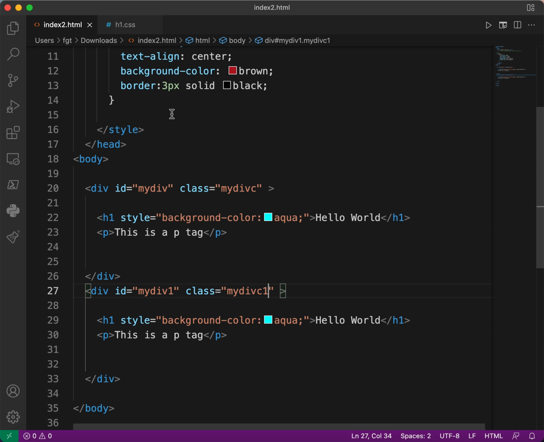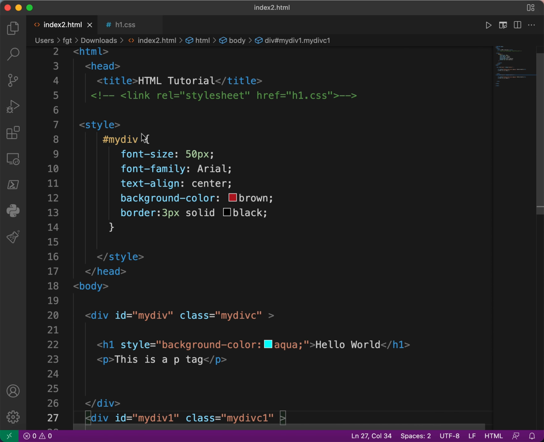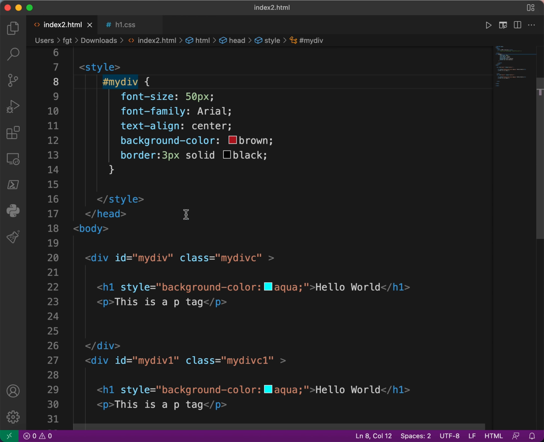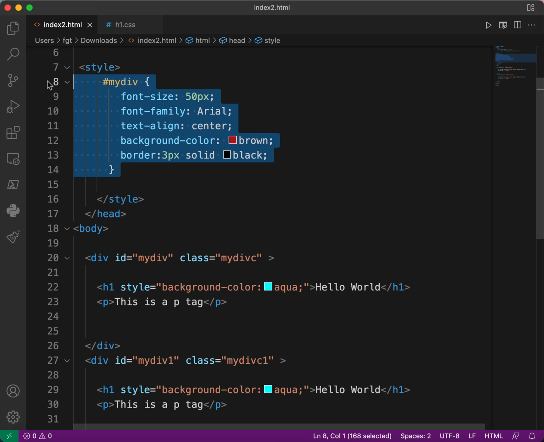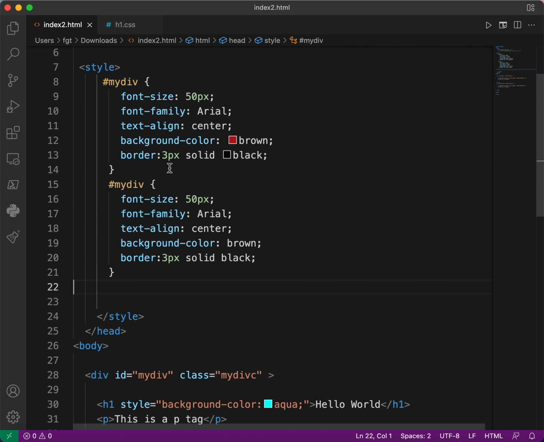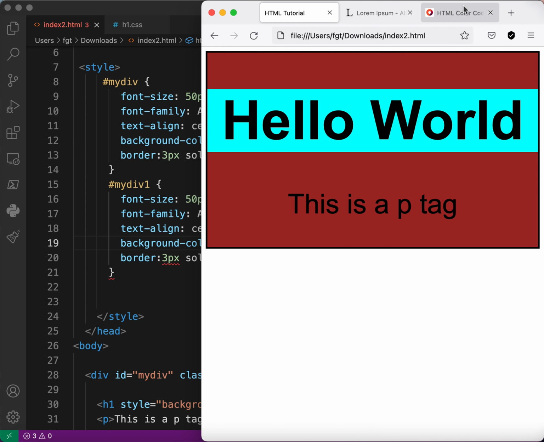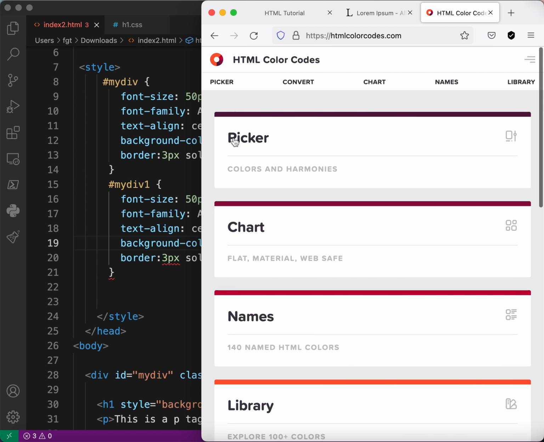Here we're gonna say 1 like this. Okay, let's get to that later. Right now, for example, let's copy this one right here, put it again, and then we're gonna say here my div 1. Okay, let's give it a different color. We can actually also use a hex color. It's usually recommended to do that rather than